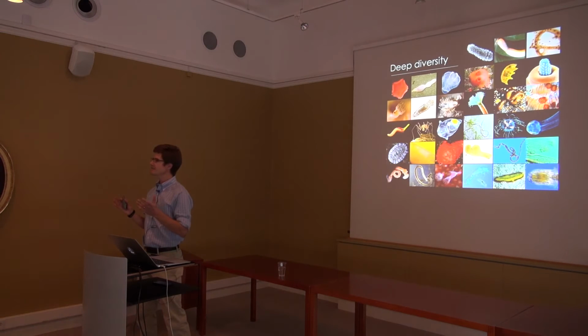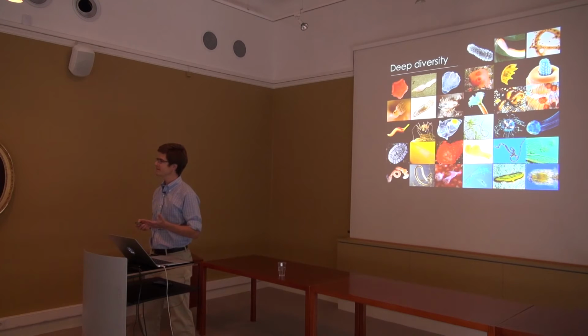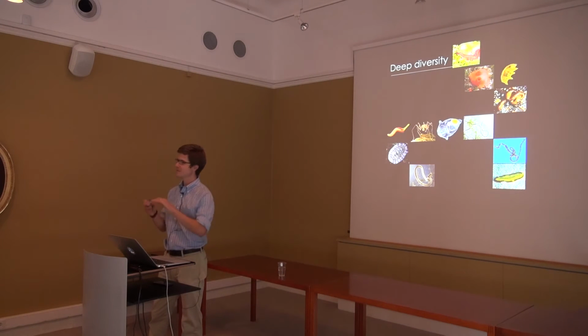At a really basic level, the diversity in the ocean is very different. So there's lower species diversity overall, but it's a much deeper diversity. We have 33 animal phyla shown here in the ocean. We only have 12 on land. It's a more shallow species diversity, but very rich at the tips.